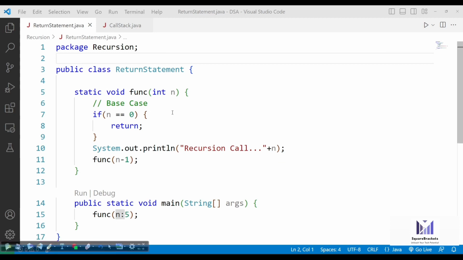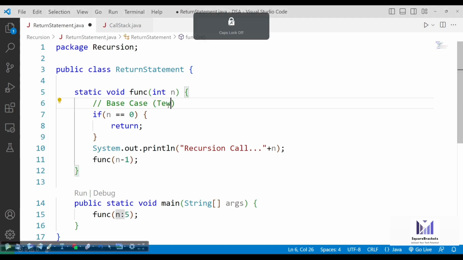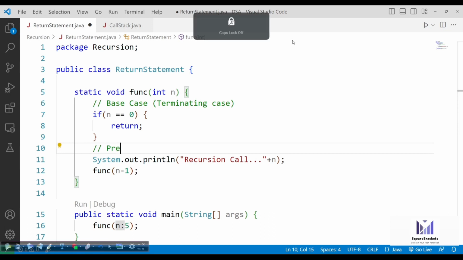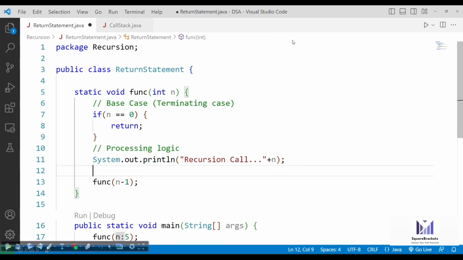So if we divide everything, there is the base case or terminating case. Second thing is our processing logic, which is right now just to print the value, and this is the small problem. Small problem simply means that we are dividing our large problem into a small problem.